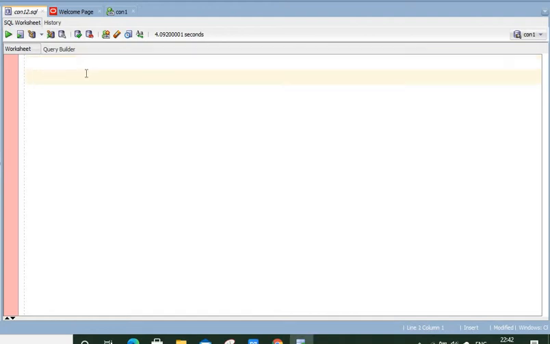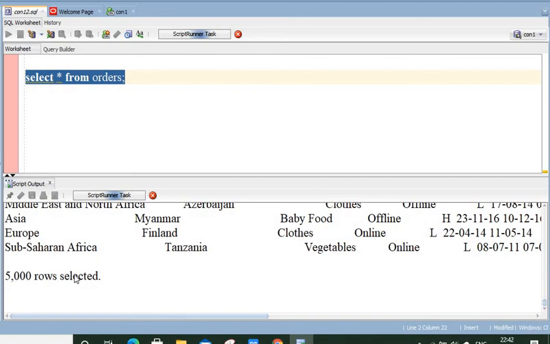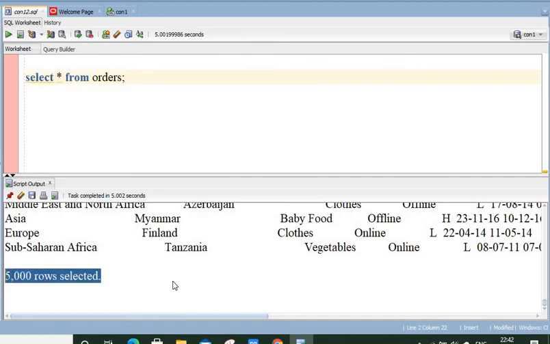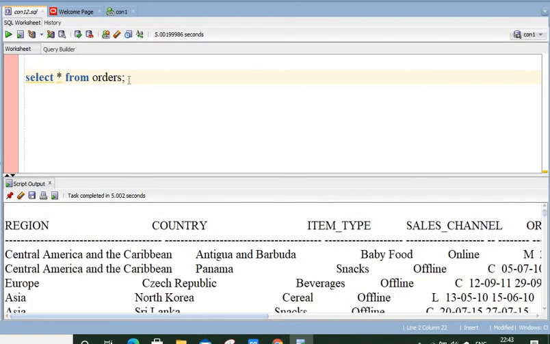The name of the table is orders. Let us look at its contents first. You can see that there are 5,000 rows present in this table, and suppose I want to create a new table where I will be storing the records related to the country India only. So let us see how we can create a table from this table, or how we can copy contents from this table into the new table, and only the specific records where some condition is fulfilled.